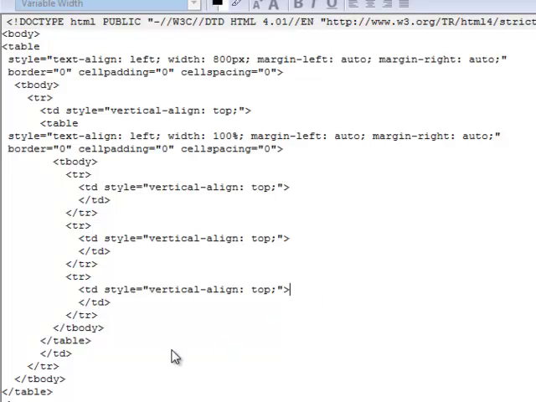So this is basically what it would look like once I get rid of the extra stuff that Kompozer put in here. Now, before I do this, I want to explain a little bit about this code. It may look kind of scary to you, but it's kind of like looking at a recipe for making a cake or some cookies or whatever. Each one of these is a command in a programming language of sorts,